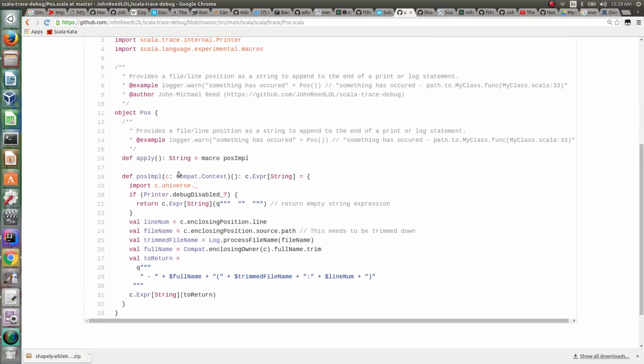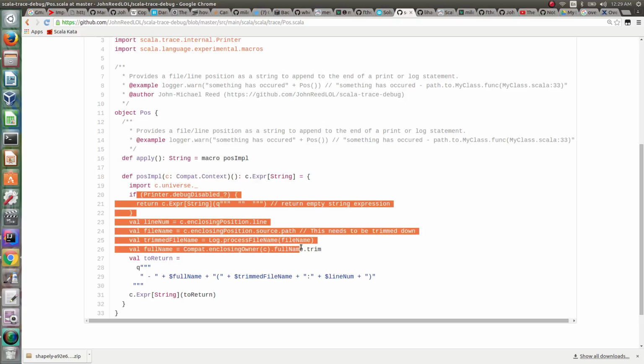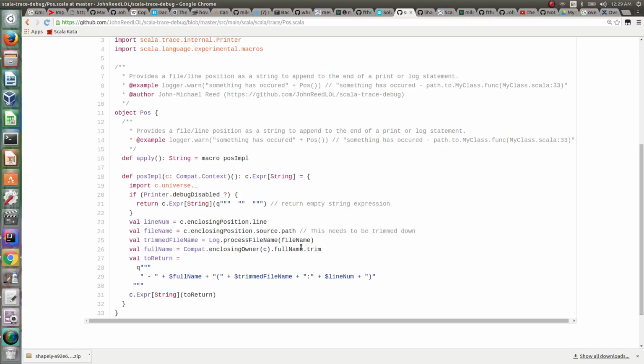So this function, apply, that returns a string, gets converted into a macro, pause impl, and this macro takes in a context. The context is the compiler context, whatever. And then it's going to ask the compiler to get the line number and the file name, and it's going to generate this little expression. The expression is of type string, and it's going to substitute that expression in place of the call to pause.apply,